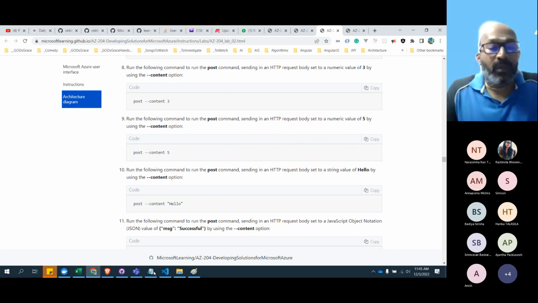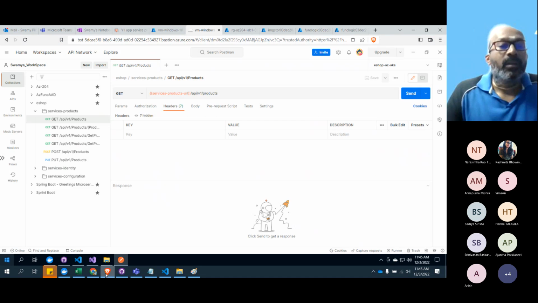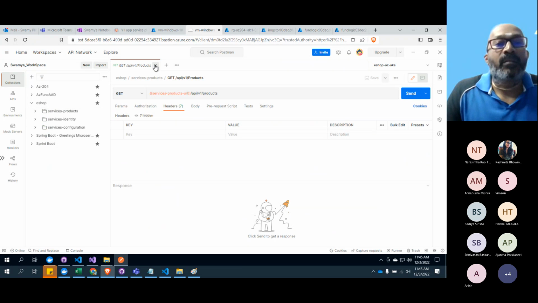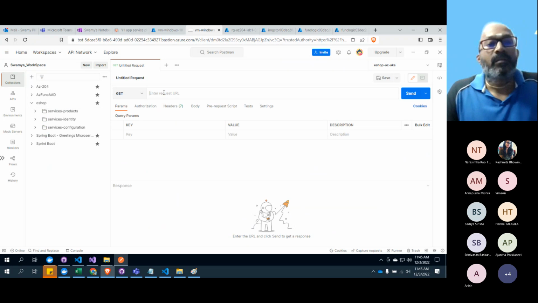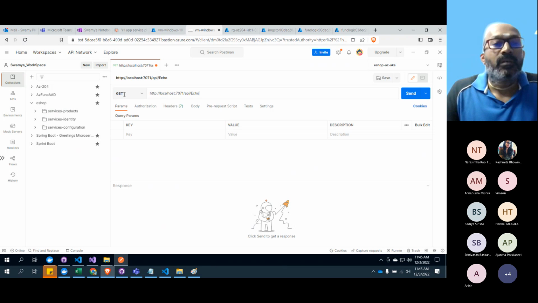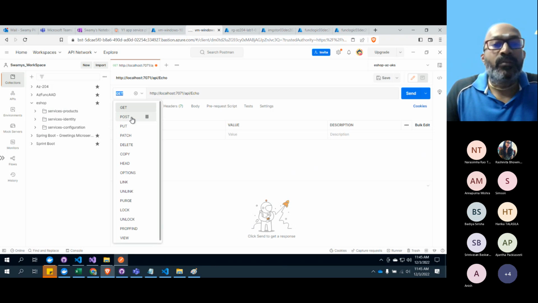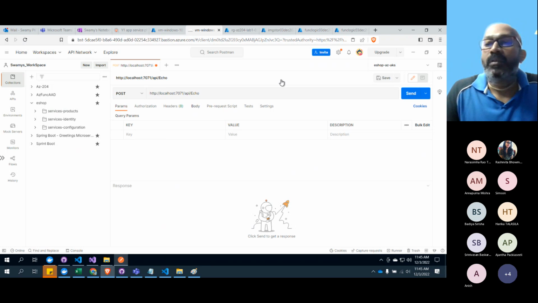Ooh, that's painful. I don't want to go through that route. Better I'll use Postman. I'll put it here and use post, and let's send.